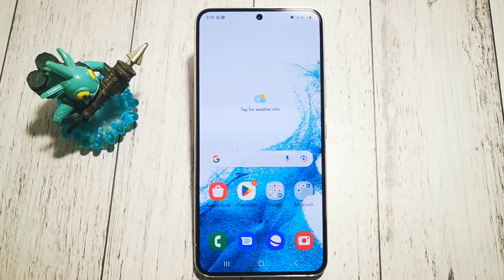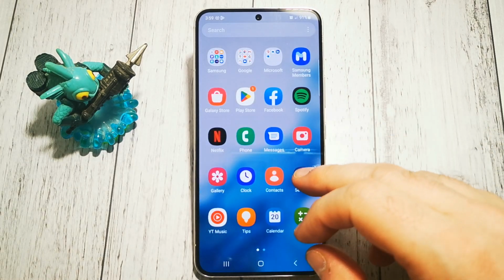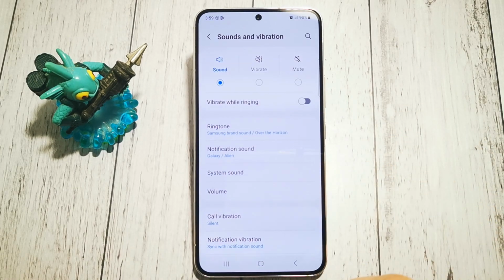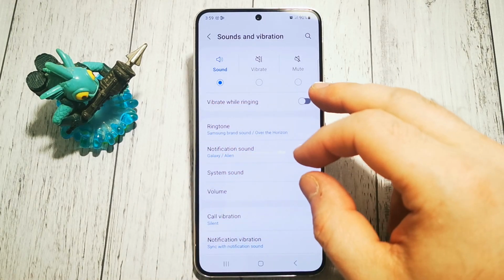Today I will show you how to turn on vibrations in Samsung Galaxy S22. To look for vibration options, we need to go to Settings, Sounds and Vibration, and here we have a few options. For example, vibrate while ringing